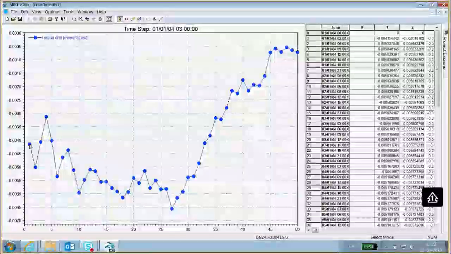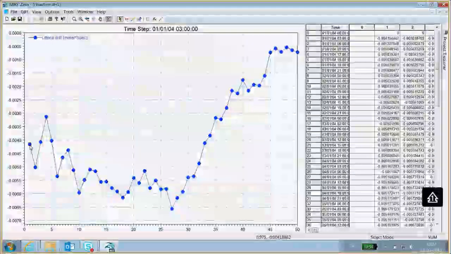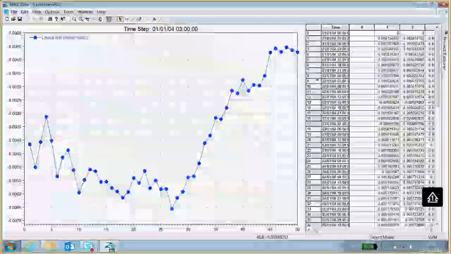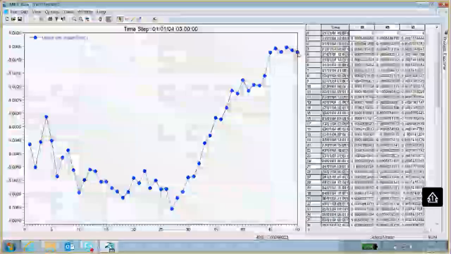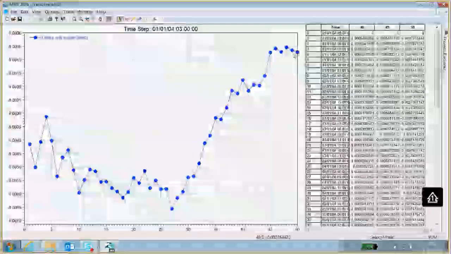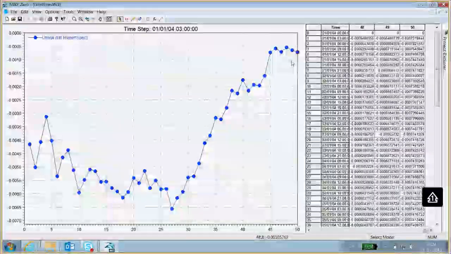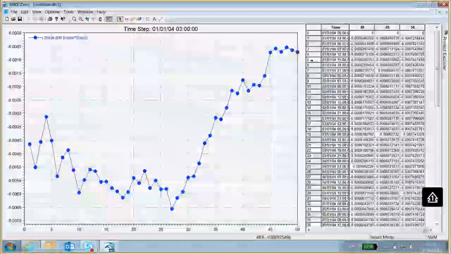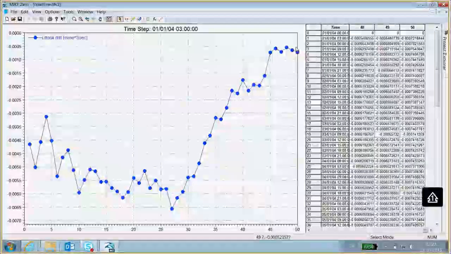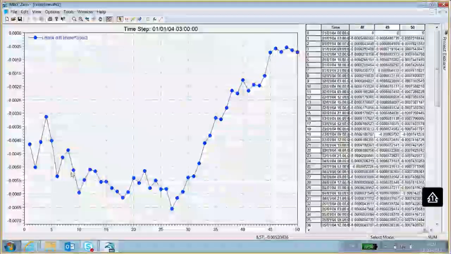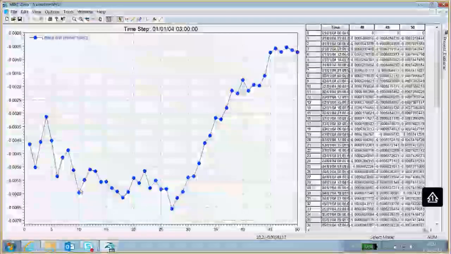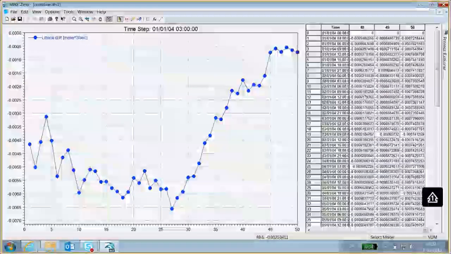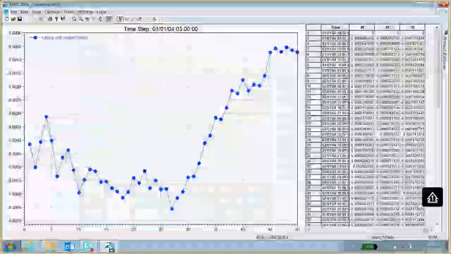So this transport here is located at the left end of the beach. That's also the northern end, and this transport out here is the transport at the right end of the beach, so at the southern end. You can see the littoral drifts here are negative, indicating that the transport is from right to left. And I think we can understand why that is.